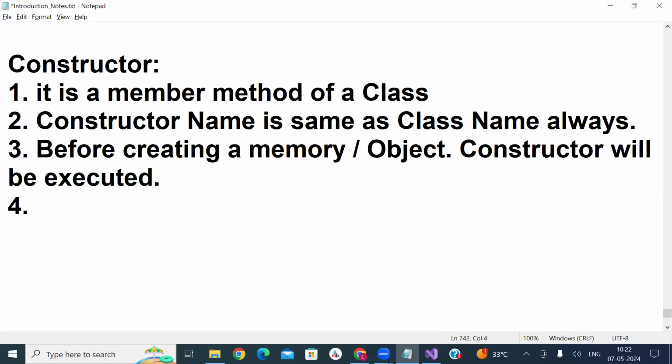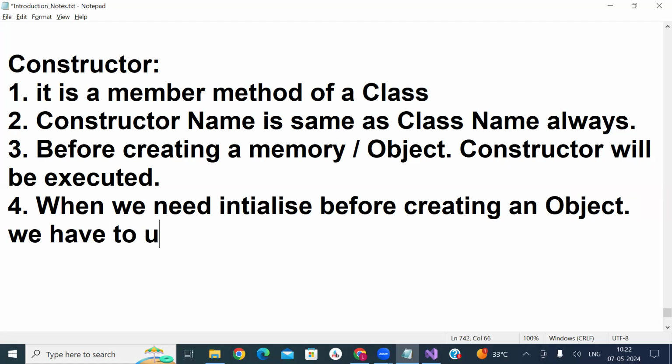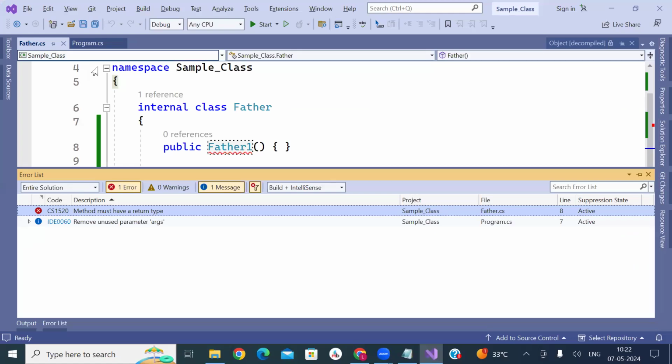Fourth point is when we need to initialize before processing or before creating an object, we have to use a constructor. Example, in the project,